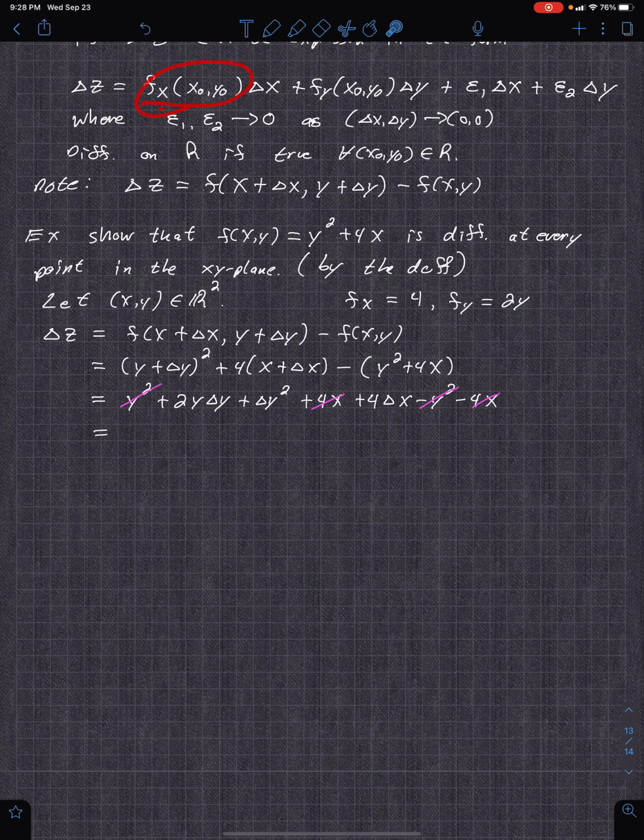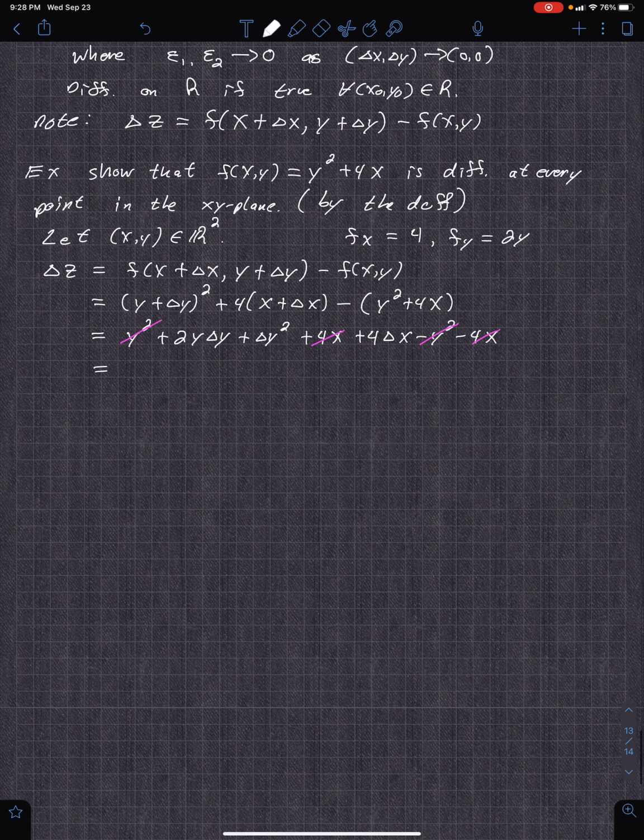So do you see a 4 delta x somewhere? Oh, it's right there. Check that out. Do you see, let's see, what was partial y? 2y? Do you see a 2y delta y somewhere? Oh, look, right there. Yeah, so that's how you can rewrite it. So you rewrite that then as 4 delta x plus 2y delta y